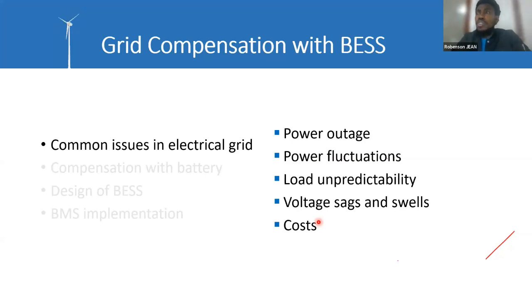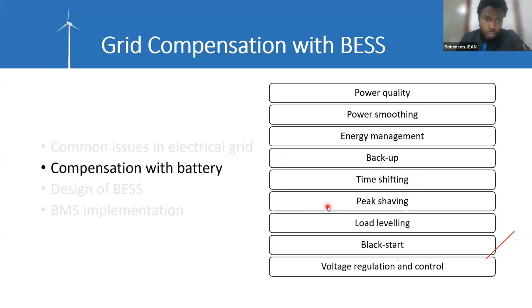So we can use the stored energy in a peak period, because in a peak period, the cost of the kilowatt hour is higher. So in order to deal with these issues, we can make the compensation with the battery energy storage system, like